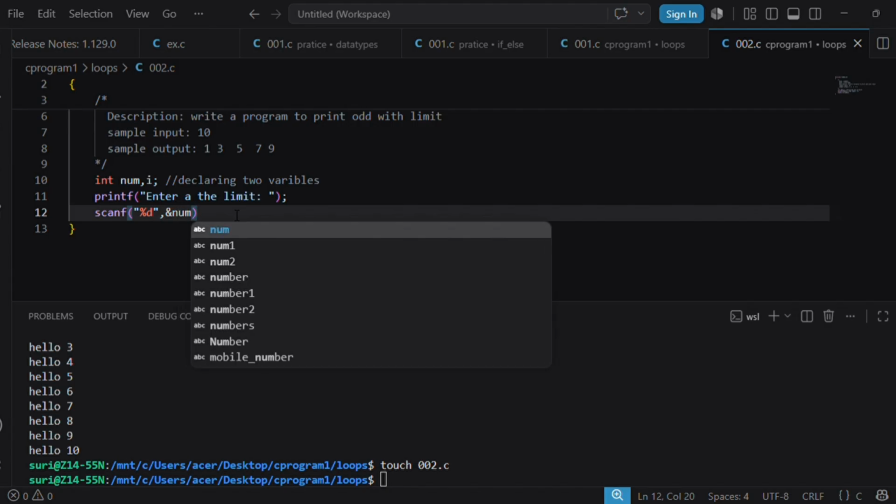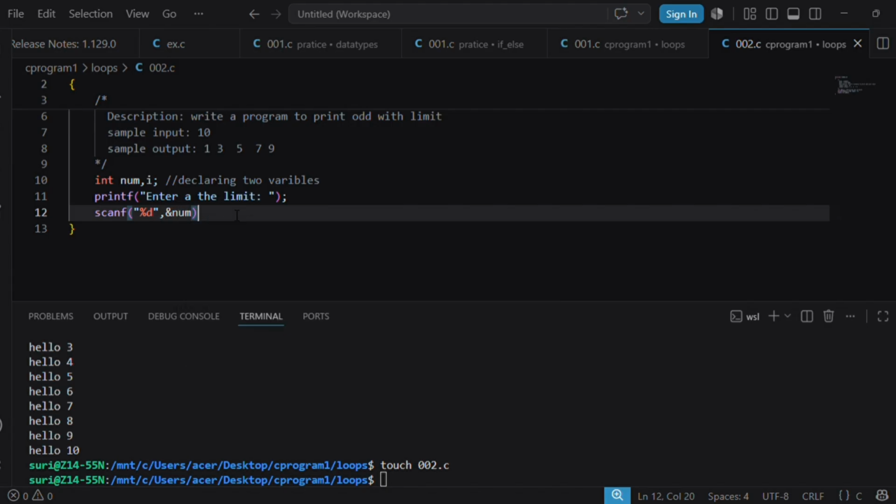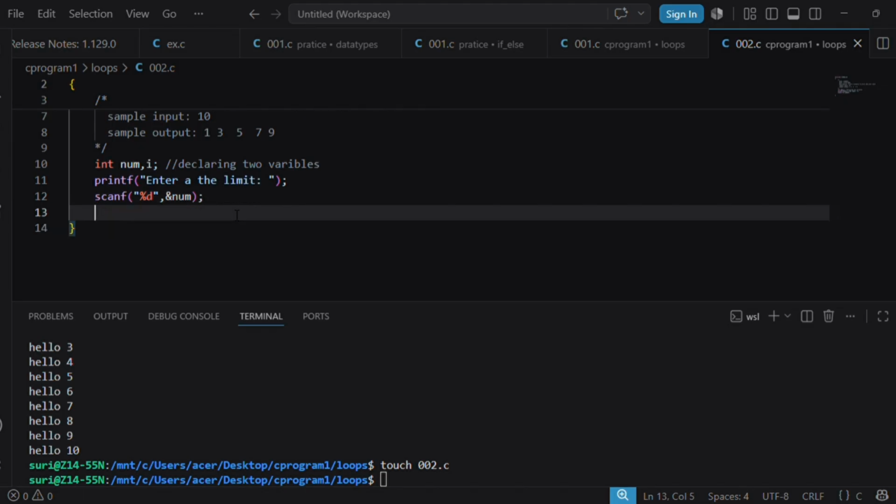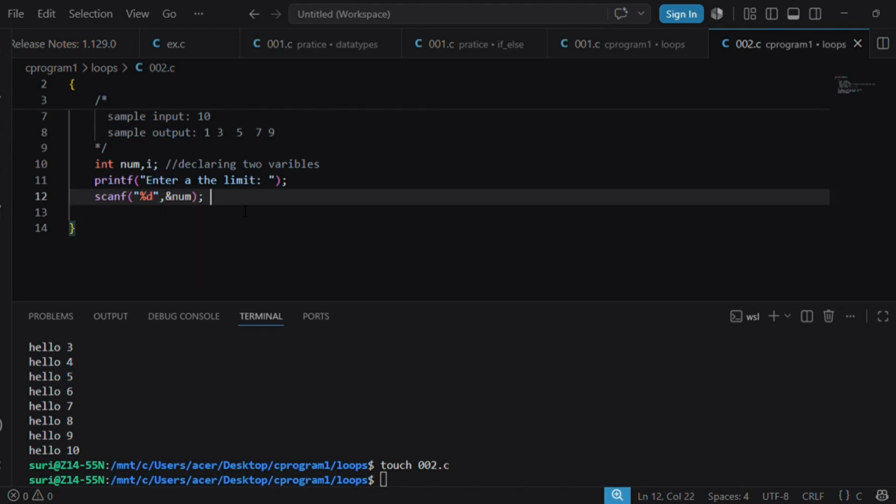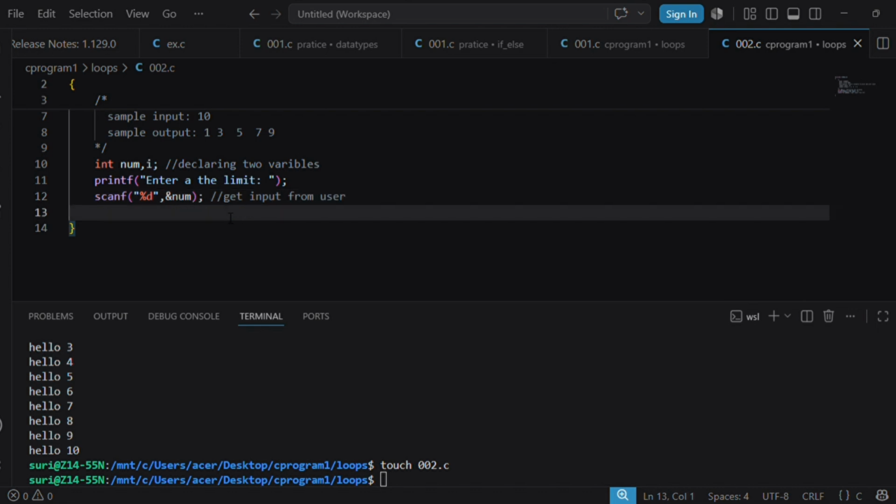After that, let's get input from the user. Now I am creating the for loop.